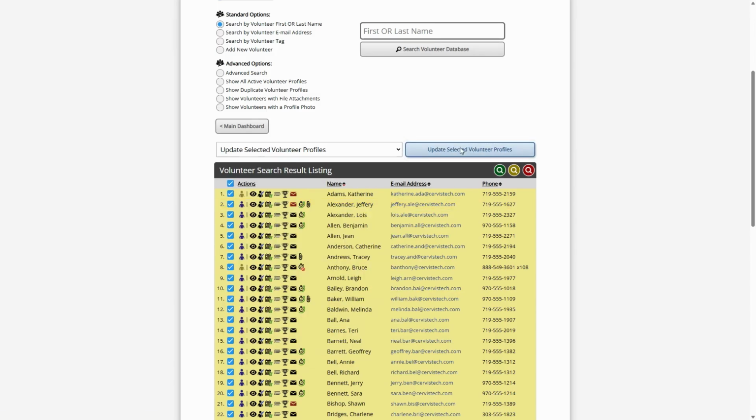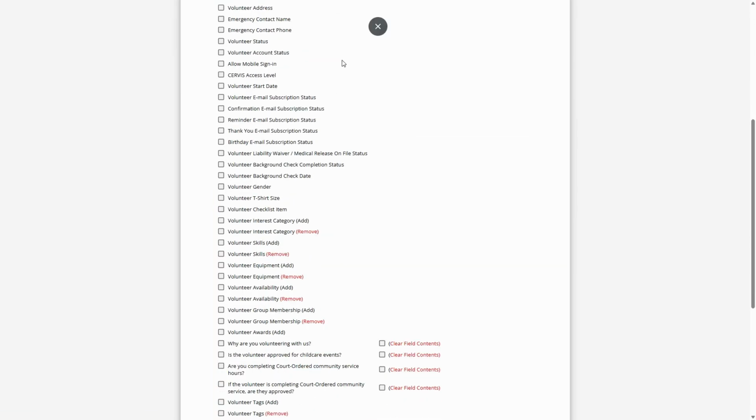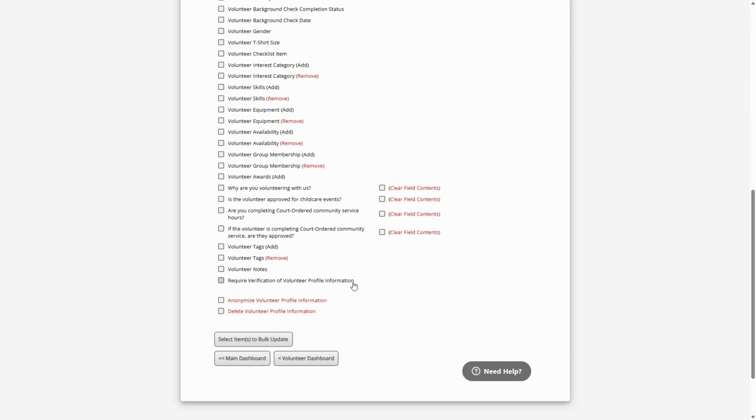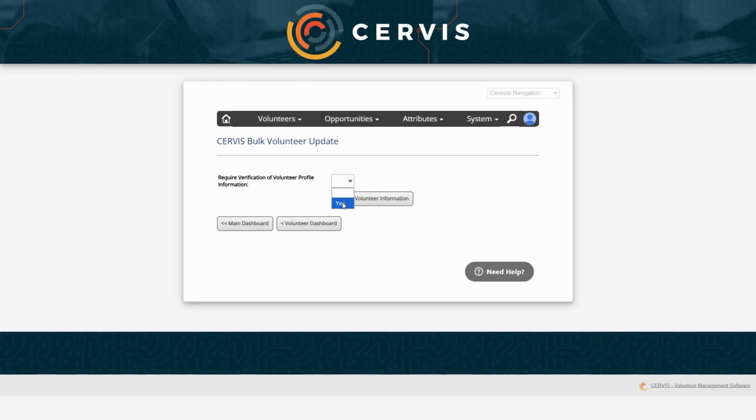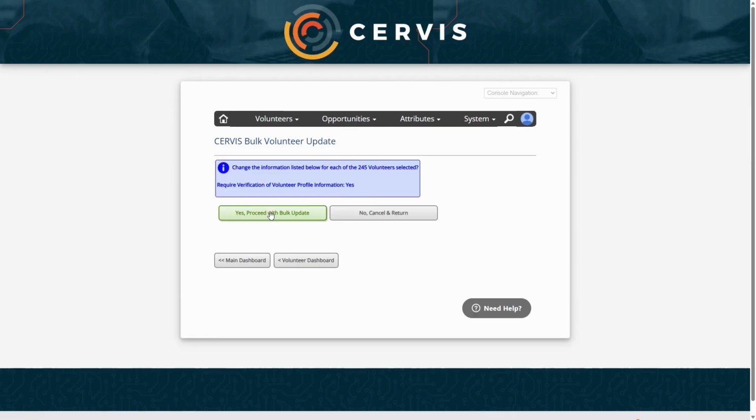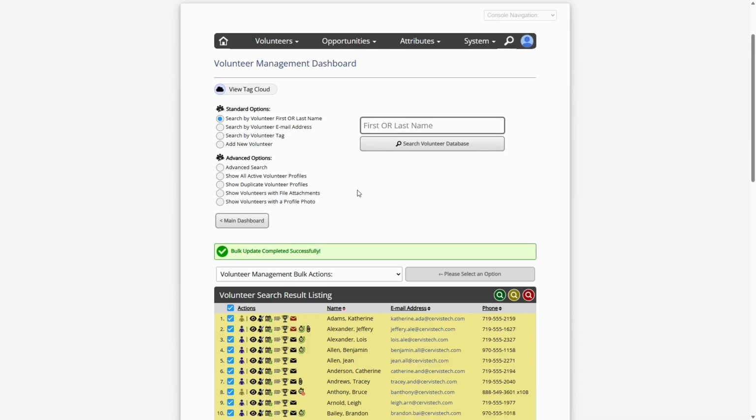Now, obviously, there's a lot of things you can bulk update. In this case, we don't really want to change everything on people's accounts. What we want to do is require verification. So down at the bottom, there's an option that says require verification of volunteer profile information, which does exactly what it sounds like. If we select this to bulk update and set yes here, that's really the only option. What this will do is when the volunteer next logs in. So if we bulk update our database here, now the next time any person logs into their account, they will